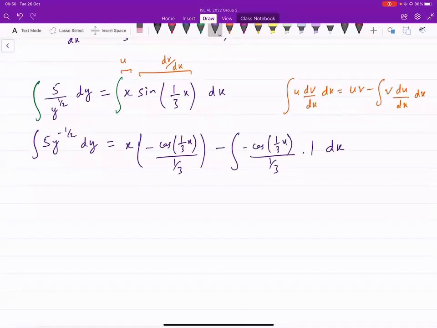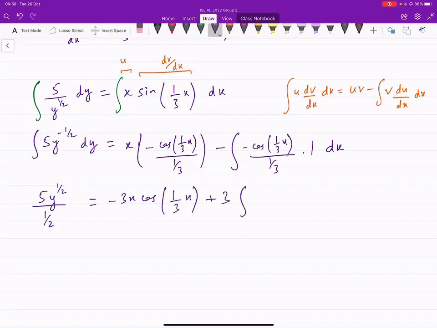ठीक है, लेफ्ट साइड पे क्या आ गया, 5y raised to power minus 1/2 का इंटीग्रल, इंक्रीज द पावर बाय 1, इसमें पावर रूल लगेगा, राइट। 5y raised to power 1/2 divided by 1/2. On the right side, we've got, let's simplify this, we have minus 3x into cos of 1/3x plus 3 integral of cos 1/3x. ठीक है, पहले मैं इसको सिंप्लीफाई कर लिया ताकि इंटीग्रेशन थोड़ी आसान हो जाए। 3 को बाहर लेके जो डिनोमिनेटर में था वो न्यूमरेटर में ऊपर आ गया, ये दो माइनस साइंस है, दे बिकम प्लस, एंड नाउ वी गॉट दिस